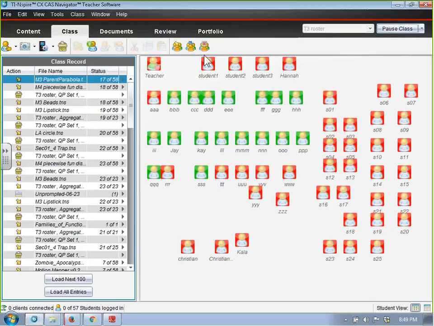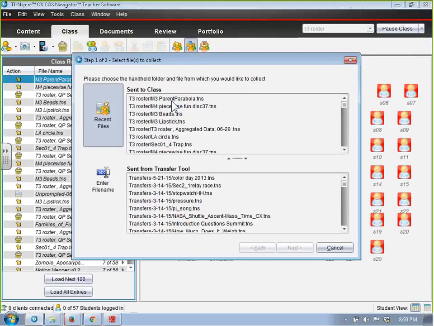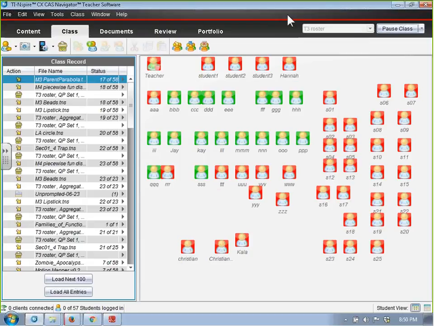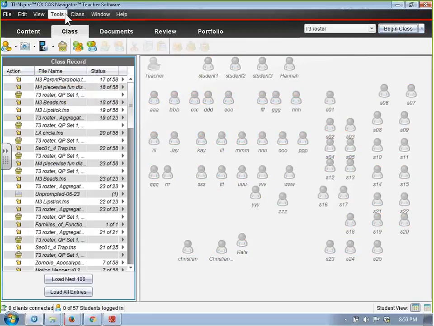I better begin class. So if I collected a document, then at the same time that I collected, I can delete that one document. But that's, I don't think, answering what you were wanting to do. You want to delete everything that's on there, perhaps. And so the answer to that would be to use the tools,